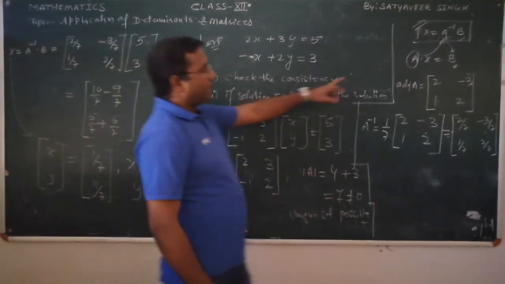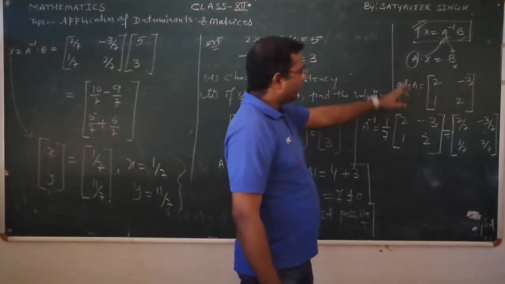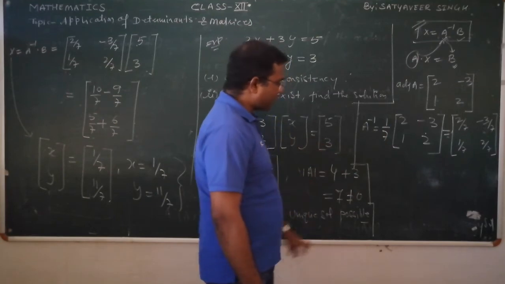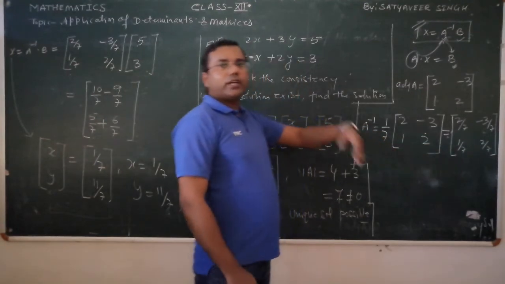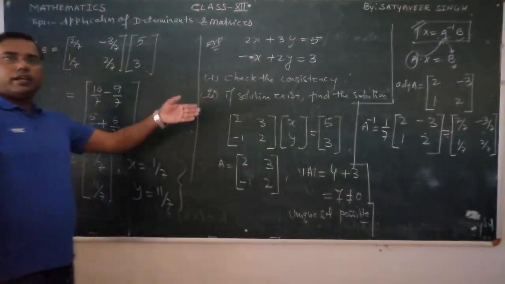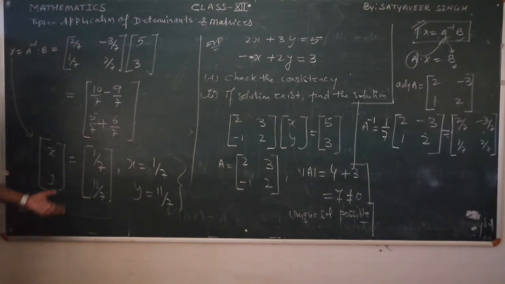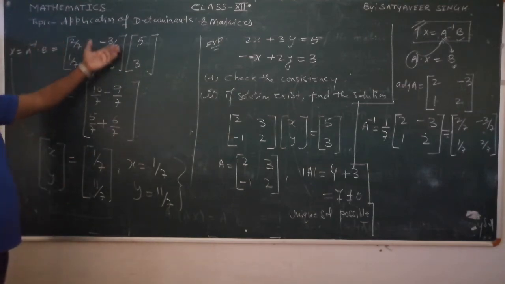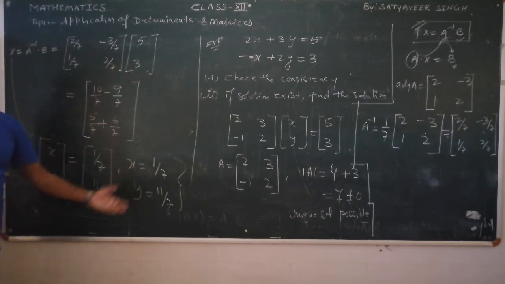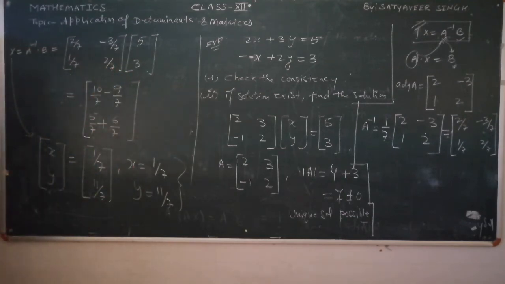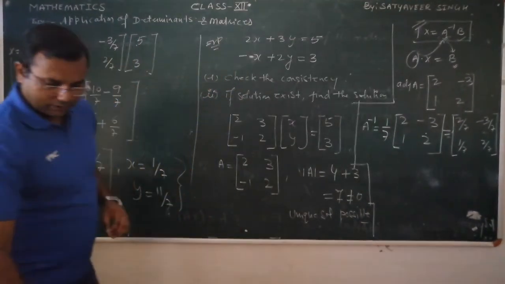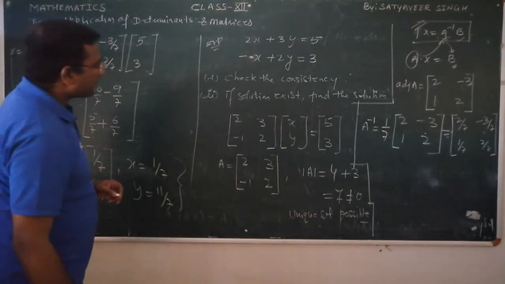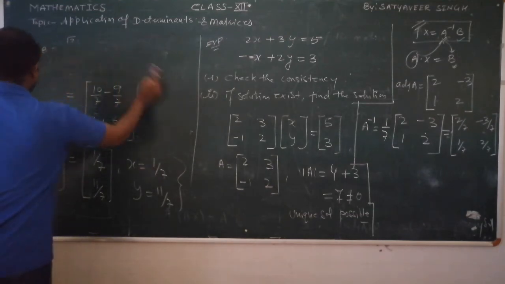For finding the inverse of the matrix, we need first of all what is the value of the determinant, and if determinant is coming 0, then we cannot find the inverse. If inverse does not exist, we cannot find the adjoint further. Then if adjoint we cannot find further, we cannot find this matrix A inverse, and we cannot find the value of the variables. So I hope you understand this. Same method you will have to apply for a matrix of order 3. If you want to check, let us take one example. Quickly we can discuss.